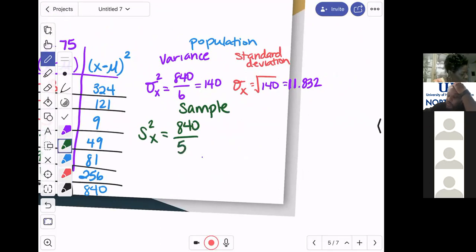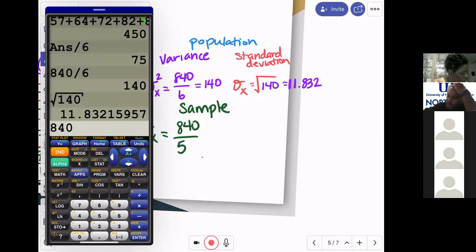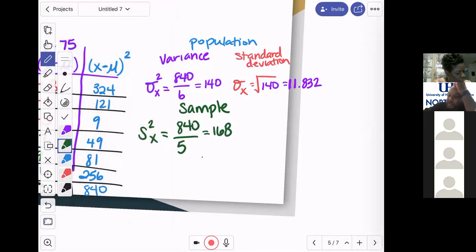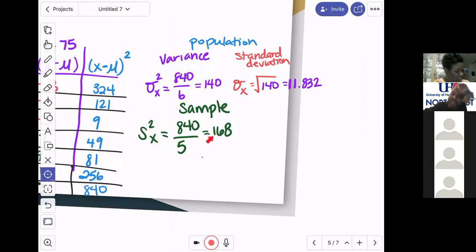And so when I divide 840 by 5, this is called the sample variance. This is the sample variance. All right. And this is going to be something that we're going to use. And I think on your homework, most of the problems want you to find the sample values. They want the sample values. And if this is the sample variance,